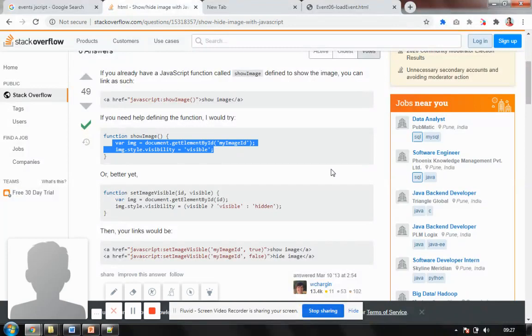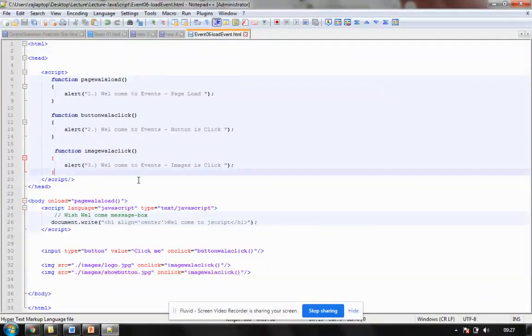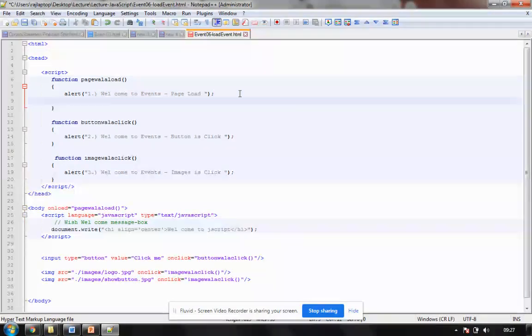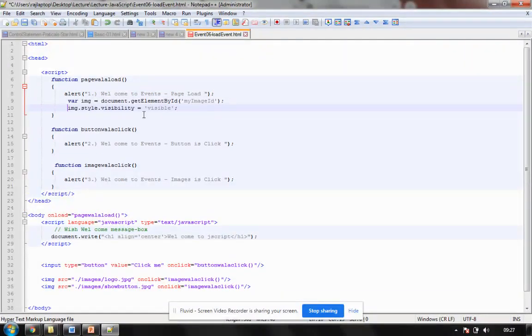So what do we do? We copy this code here. When I'm loading my page, after the page has been loaded, a message is shown. I've chosen an image property here, and the image should have an ID now. So I put this ID on my image. This is my first image. I'm typing ID here. So my logo image has my image ID, where both the I's are capital, and then it is saying visible. I don't want it to say visible. I think it has to be hidden.